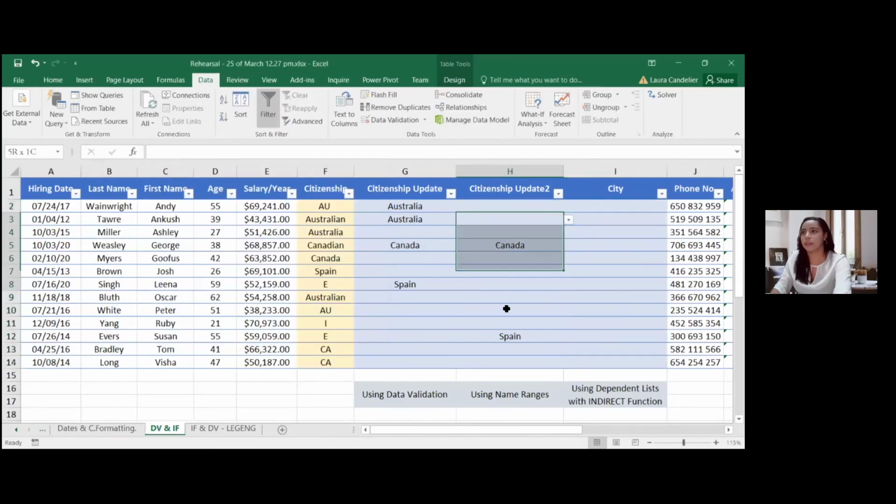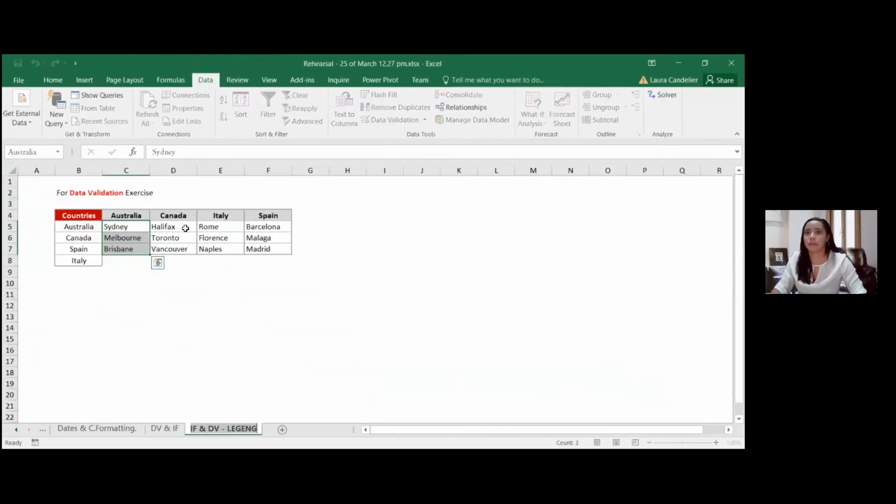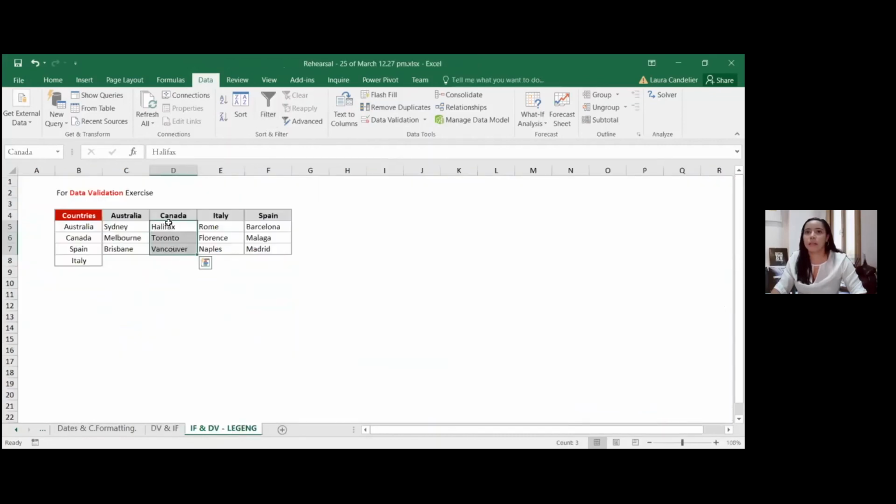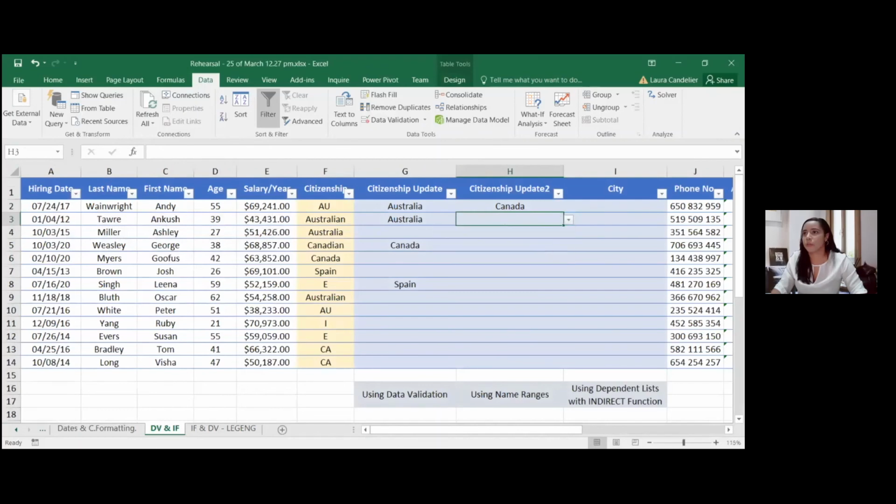So that's empty. And now we have, let's say, Canada, just the 3 cities that are in Canada will show up in here. And that is because we have named the 3 cities after the country, as we did it before in the text box here for each country. And then to choose Spain, we'll have just the 3 cities that are within Spain instead of having a big